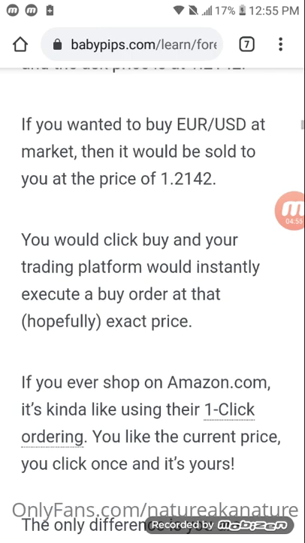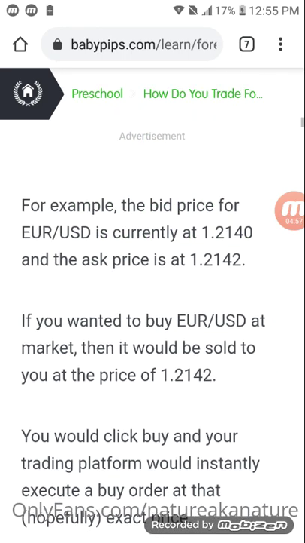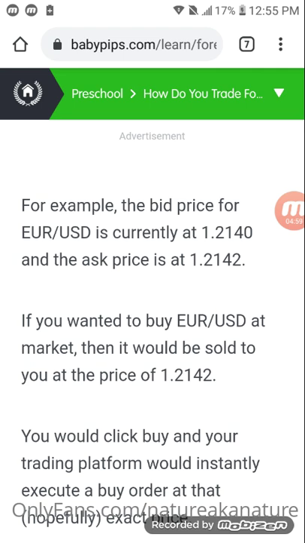Alright, so let's go back to this example. The bid price for Euro USD is currently at 1.2140, and the ask price currently for Euro USD is at 1.2142. Okay, so if you wanted to buy Euro USD at the market, then you would